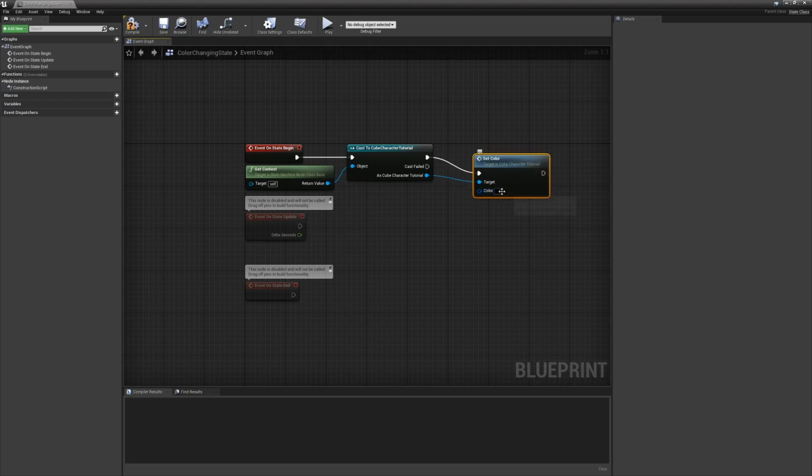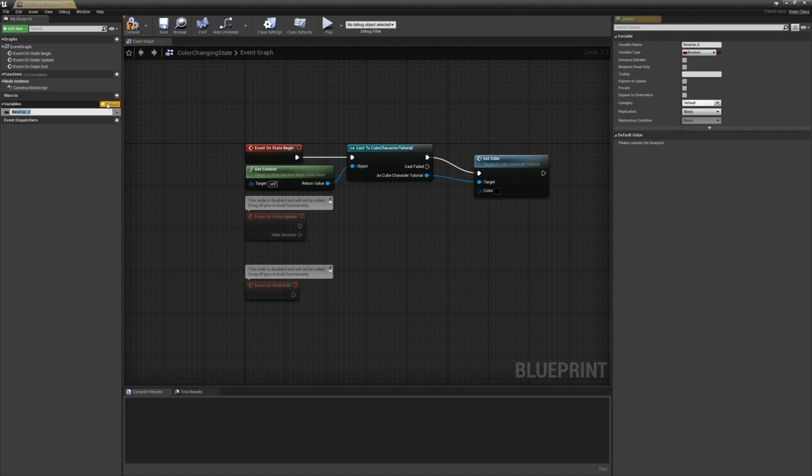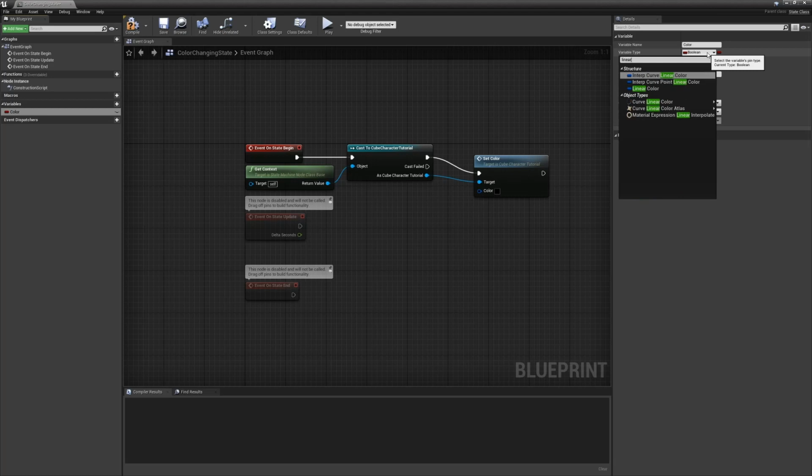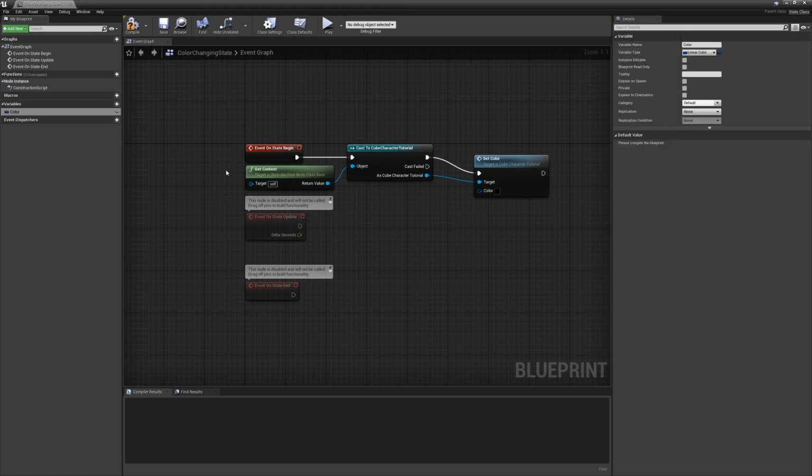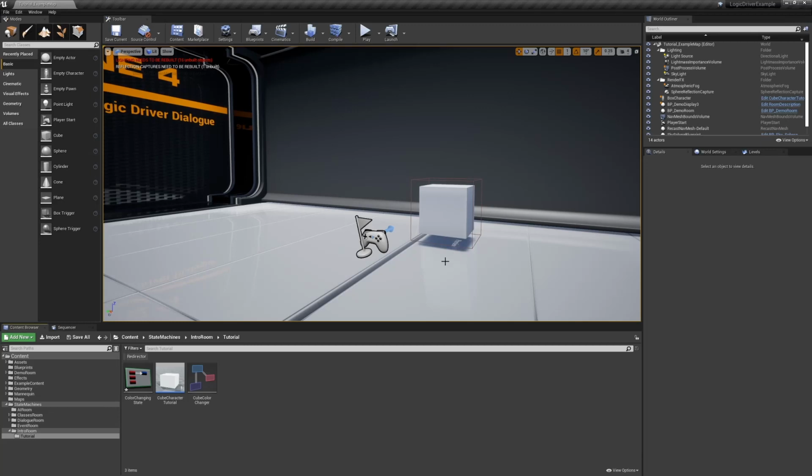We don't really want to manually set the color this time, so let's create a variable for that. Make it linear color, because that is the input that the function takes, and wire it up. Let's compile and then set up a new state machine for us to use.